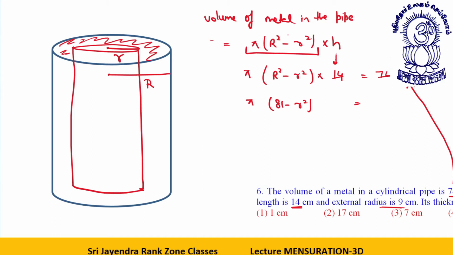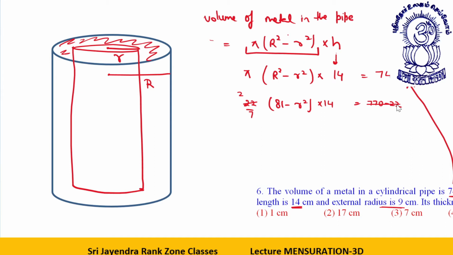So 48 and 70 are not cancelable. Let's leave it for the timing. But rest other things can be done. What is pi? Pi is 22 by 7 into 14 is equal to 748. So far clear? Okay. This 748 I can read as 770 minus 22. If I cancel this with 11, this is 2. If I cancel this with 11, this is 70 minus 2. This is the easy way.